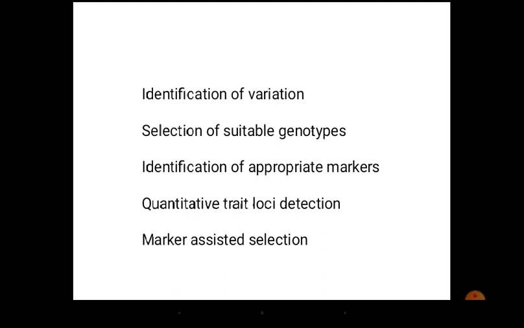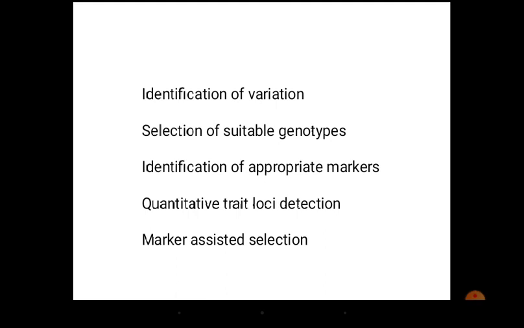Okay, the second one, selection of suitable genotypes. I think that will point to these two points. The first two points you can take together. So when you identify the genes required, or variations required at gene level, which are contributing to variation in the economic character, we will get the alleles responsible for higher production. So using them as markers, you can select the genotypes at an earlier lifetime. Okay, early in the lifetime you can select the suitable genotypes.